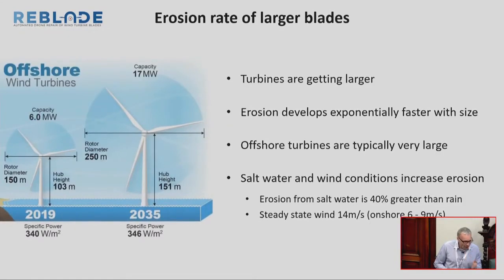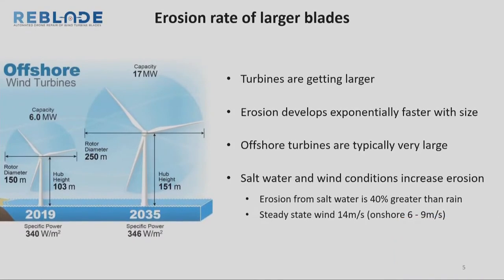Now, we all know turbines are getting bigger. I've just told you that it's a factor to the power of 5 with tip speed. The bigger turbines all run bigger tip speeds. Why do they do that? Because you can